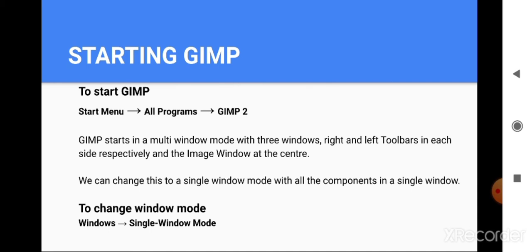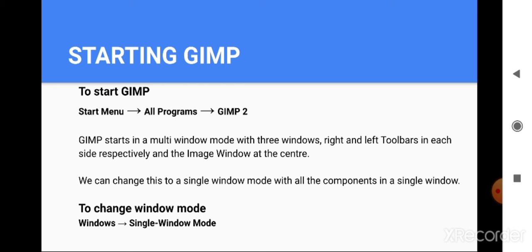GIMP starts in multi-window mode. Whenever you open GIMP for the first time, you will see multi-window mode appear. And in multi-window mode, you will find there are three windows, left and right toolbars on each side respectively, and the image window at the center.